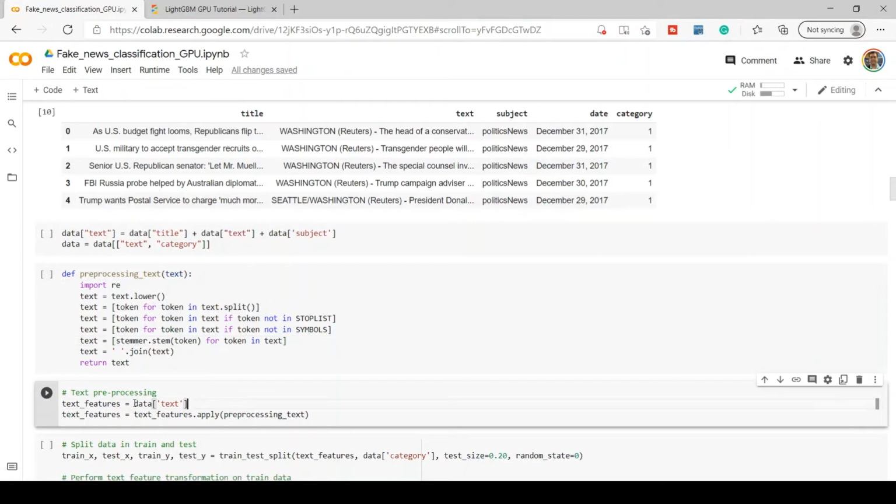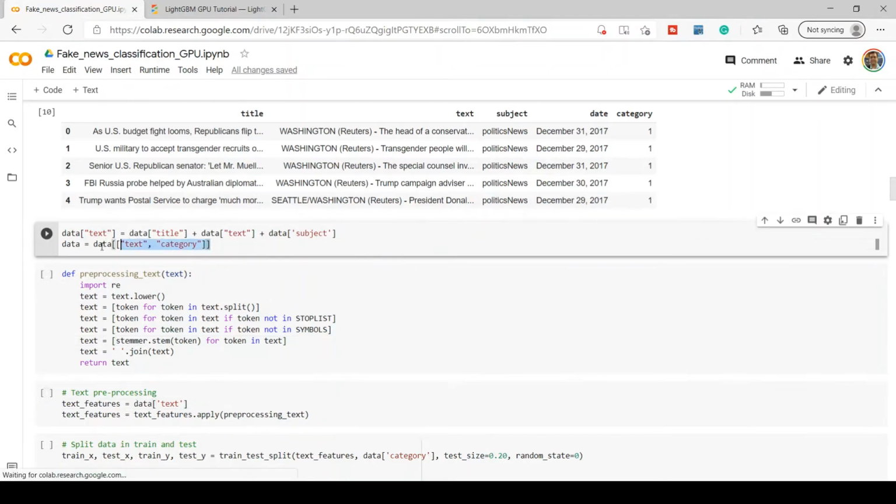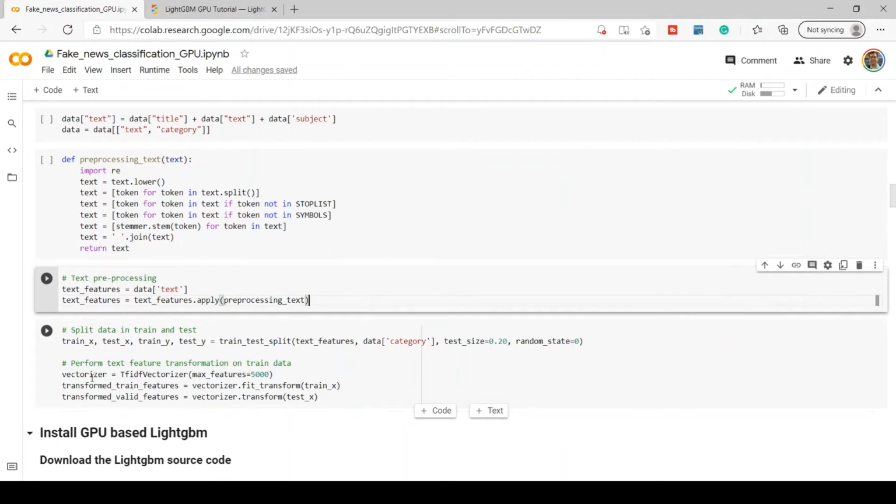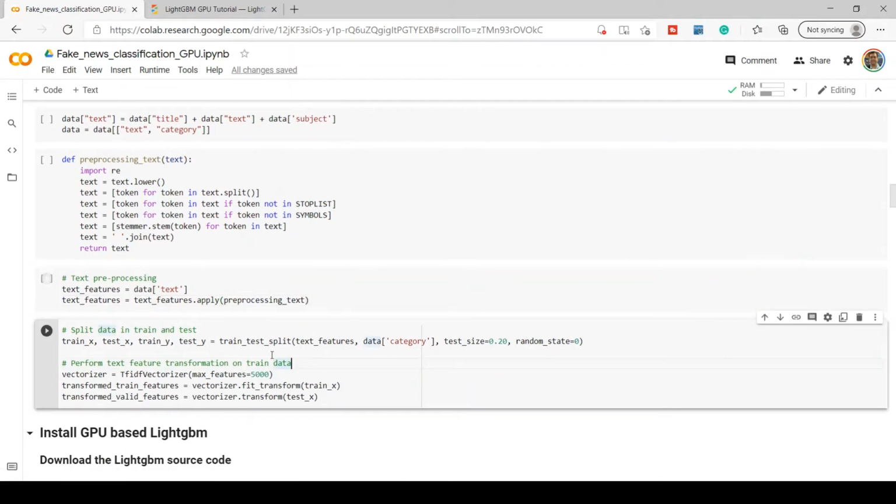And here I'd be taking the text data which we have created in this step and will pass the pre-processing function against this text data. At the end of this activity we'll have a clean dataset, and using that clean dataset we would be able to generate important features. Okay, so here I will be taking this clean dataset and splitting it into train and validation data. Once we have that dataset available, we'll generate the features with the help of TF-IDF vectorizer. And that's what exactly I am doing here.